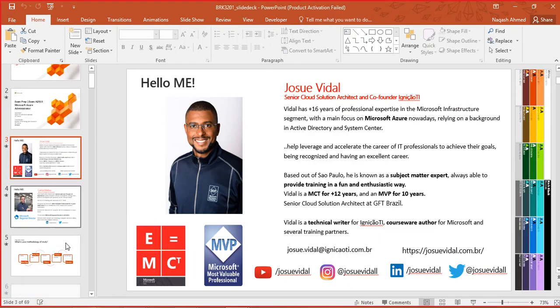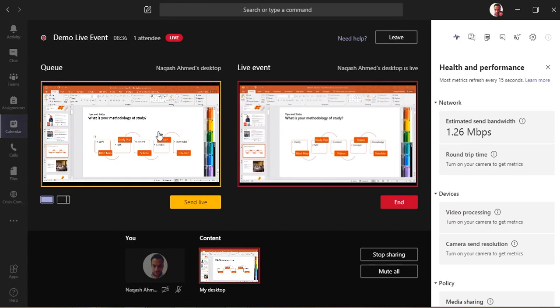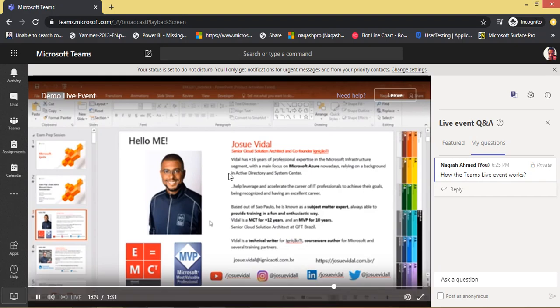Let me show you once again. Let's move to slide number 5. In the producer view, it showed right away, but in the attendee view, it's not showing yet. After 10 to 20 seconds, it will refresh and move to slide number 5.